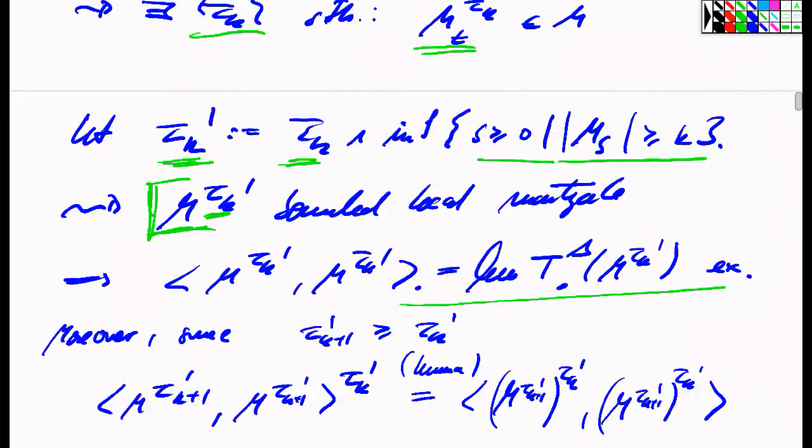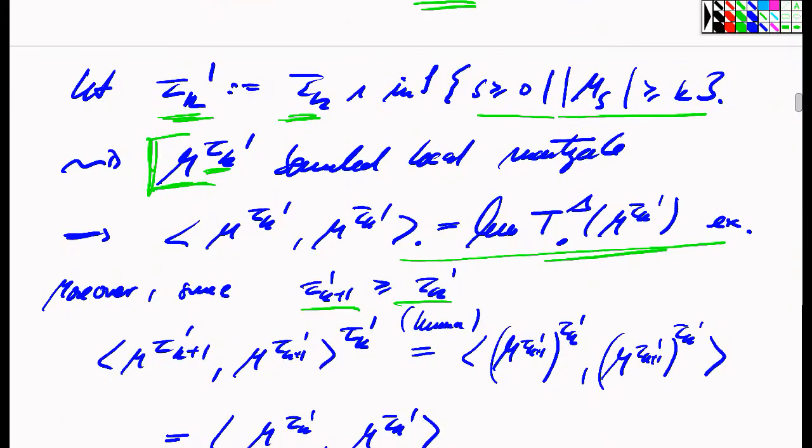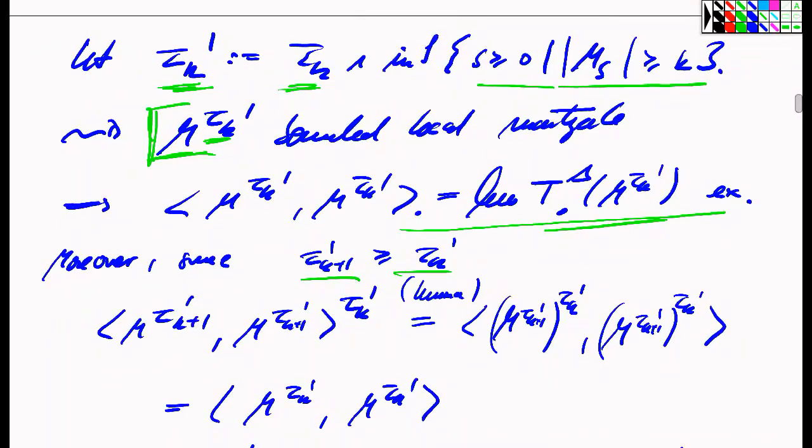Okay, but for bounded local martingales, in the previous lecture, we have seen that the quadratic variation process exists. And it is obtained, for instance, as this limit in probability of this sequence of approximate quadratic variation processes. Moreover, we know that this sequence of stopping times tau k prime is also increasing, and in fact increasing to infinity. So we can apply the previous lemma to the process stopped at stopping time tau k plus 1 prime, namely this